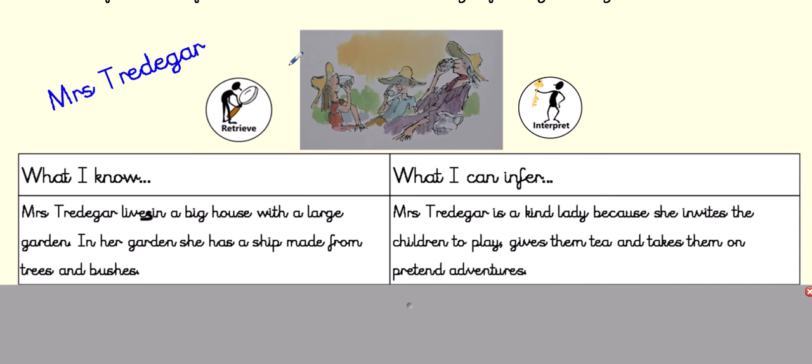Now we know that that's written in black and white for us. The author has told us that information. We didn't need to read between the lines because it's written there. Now, what can we infer? So, what type of personality does she have? What's she like? Mrs. Tredegar is a kind lady because,